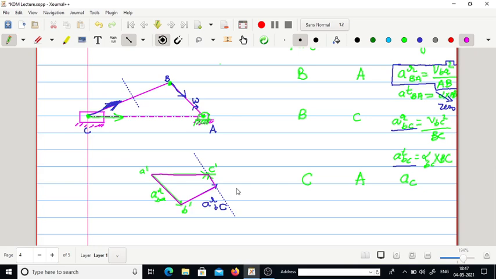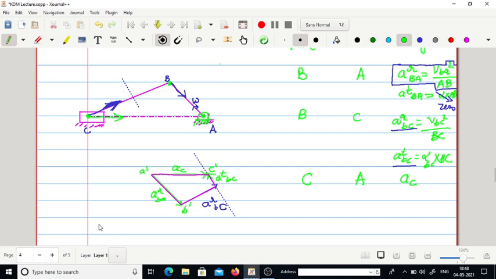Okay, where this portion represents the tangential component of C, this is the radial component of B with respect to C, this is the radial component of B with respect to A, and this will represent the acceleration of slider C with respect to A. So this is the acceleration diagram for the slider crank mechanism. Okay, now according to Klein,